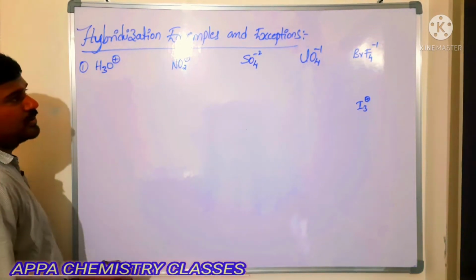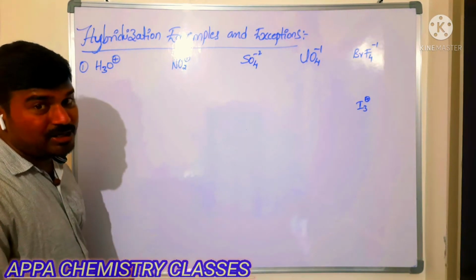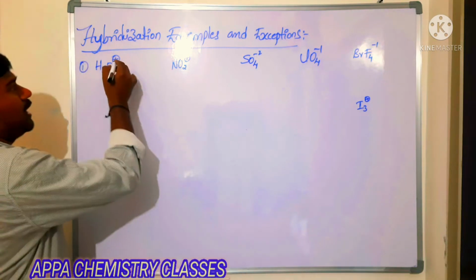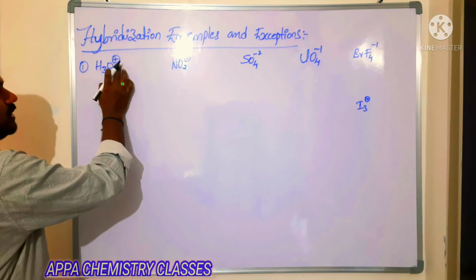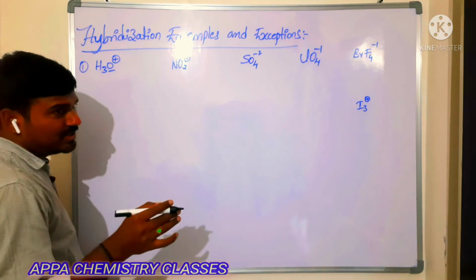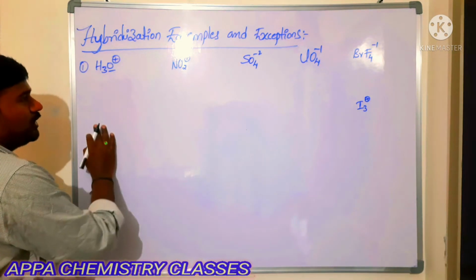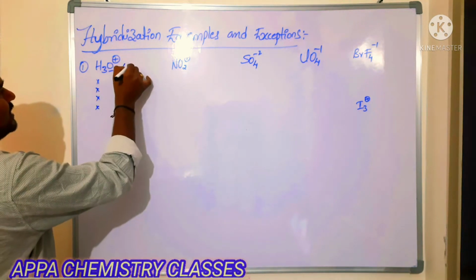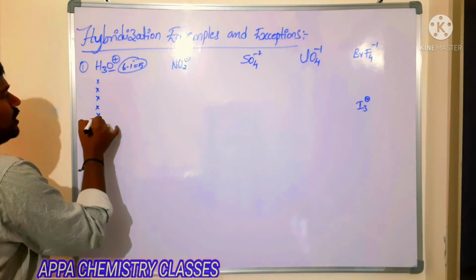Coming to ionic species. Here cations are there, anions are there. How to calculate hybridization in case of cations and anions? Same method you follow. Here cation in the sense what? Plus charge in the sense loss of electron. So here plus 1 is there, that is 1 electron is less. Actually oxygen contains how many electrons? 6 electrons in the valence shell. It lost 1 electron. So how many does it become? 5 electrons. So keep the 5 dots. So that is 6 minus 1, that is equal to 5, the number of valence electrons. So you keep the 5 dots.